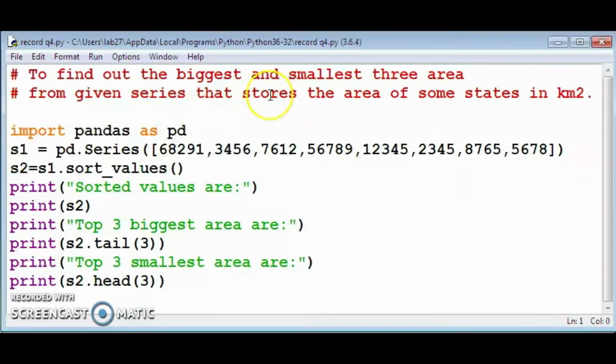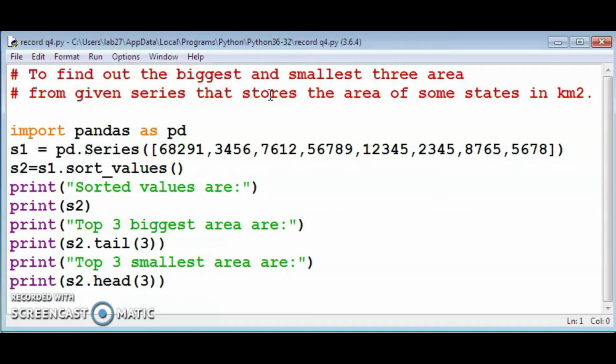To find out the biggest and the smallest area from a series, how can we identify them? First we can sort the values. After that we can take the tail and head values. From that we will get the answer.